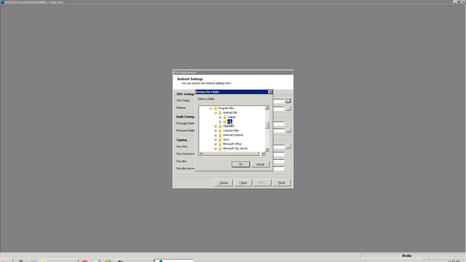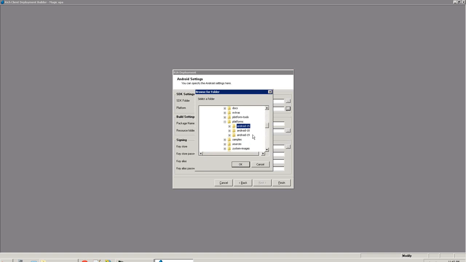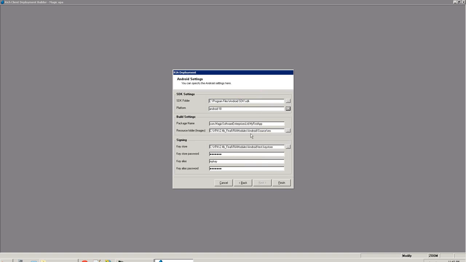So I'll go ahead and point to my Android SDK, and I'll know that I've pointed to a valid SDK when I can see what platform levels there are. Today we're going to be deploying to Android API level 18, which is, I believe, Android OS 4.3. Okay, I'll go ahead and click Finish, and now what's going to happen is it's going to create my APK